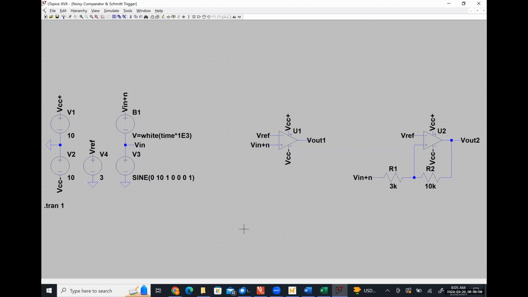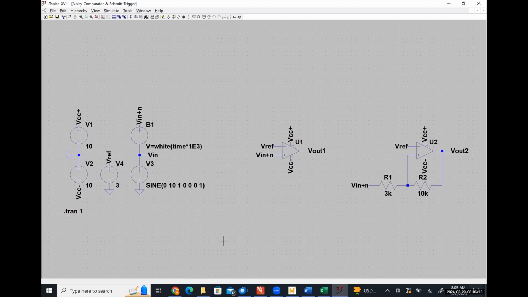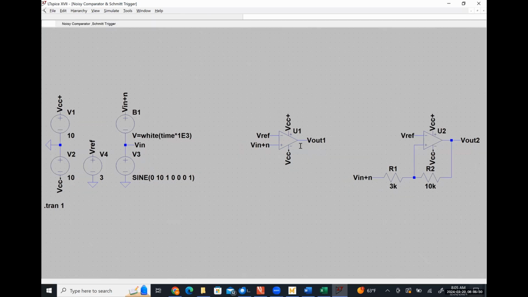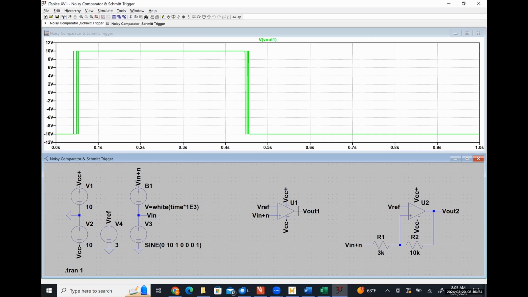So what I have shown here is effectively what we did in class at the end of Monday's class meeting. I've got my supply voltages. For whatever reason, this time I have them as plus and minus 10 volts, but effectively I just designed a simple comparator. And if we look at the output voltage of this comparator as compared to the input voltage with some noise on top of it, we see